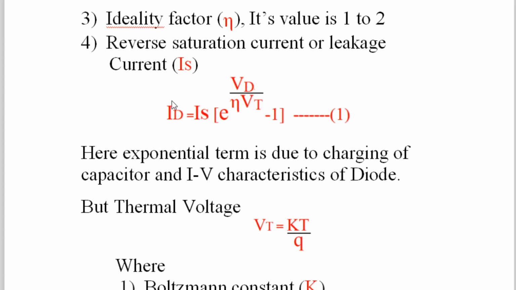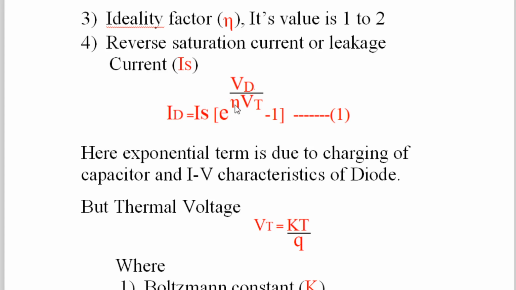And this is the equation which has a separate derivation, how this comes, but that is not our part. We have to remember this equation. ID, the current flowing through the diode, is equal to IS, that is reverse saturation current or leakage current, into